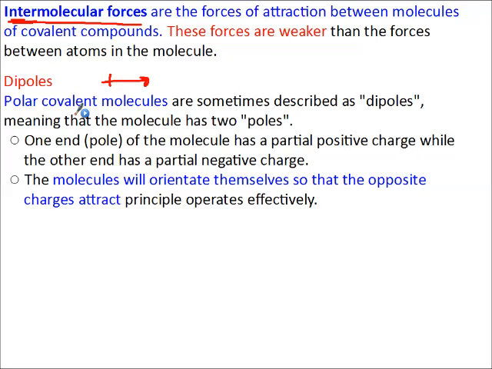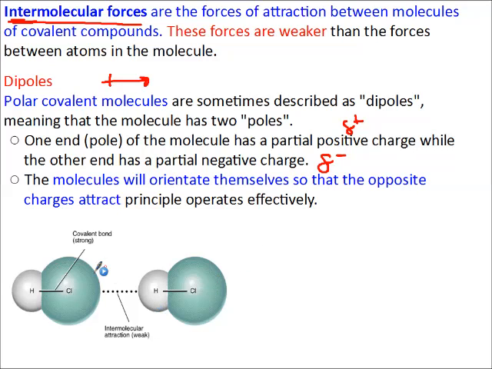Our polar compounds, we talked about having dipoles. The higher electronegativity would tend to pull the electrons towards itself, so it has opposite poles. One pole has a partial positive charge, and the other has a partial negative charge when we're doing those signs. Well, if we have that, the molecules will actually orient themselves to try to match up those sides. So I have a partial negative and a partial positive, and these two want to match themselves up, so they have a force of attraction called an